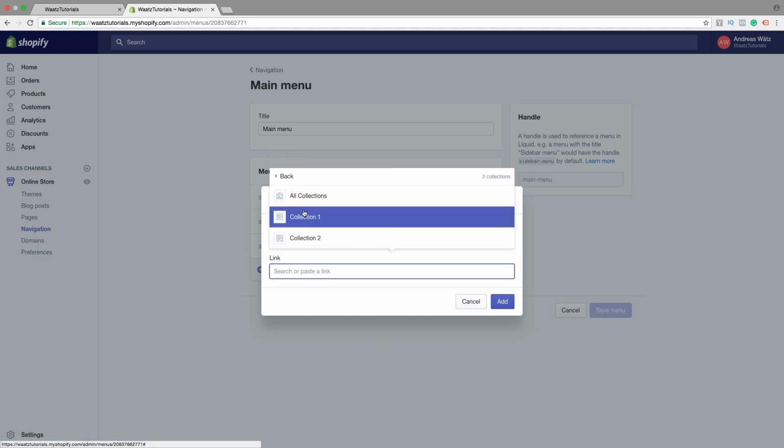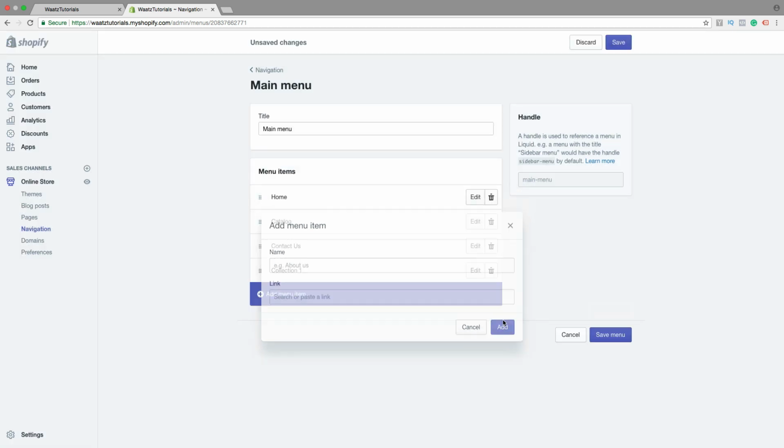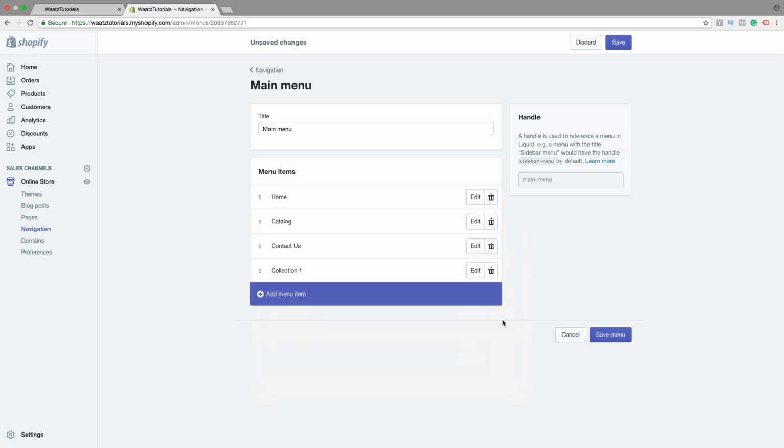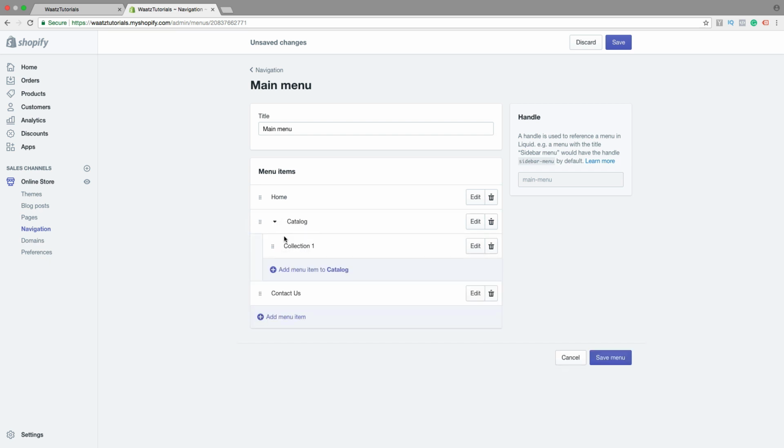We're gonna choose collection number 1. You can also add a tag, then click on add. Okay, so you see these 6 dots, just click there and drag the collection up under catalog and one step to the right and release.